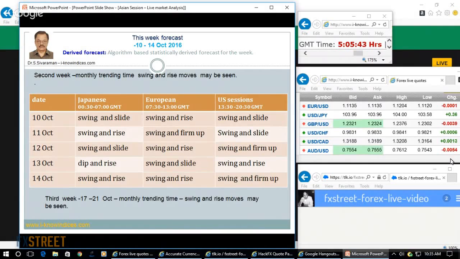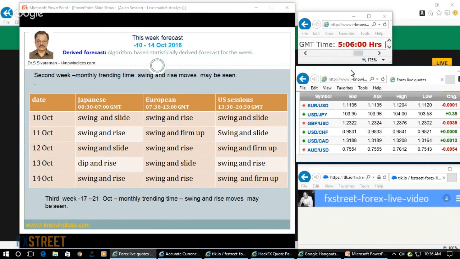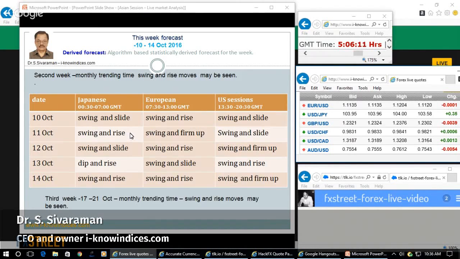As far as the commodity pairs are concerned, Aussie has made a drop of 54 pips, but in the case of Canadian dollar, USD CAD has gained only 13 pips. So they are making variable moves against the US dollar. Even though they are showing a US dollar gaining move to start with, it is of varied degree. And then today they are expected to firm up towards or rise towards the close of the